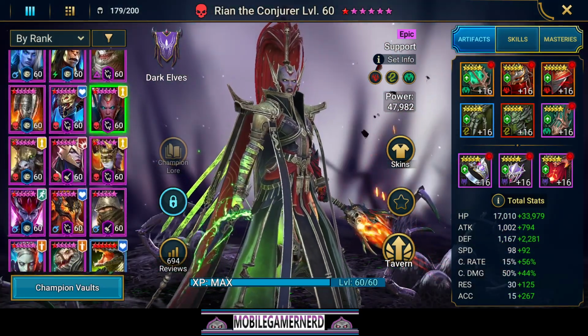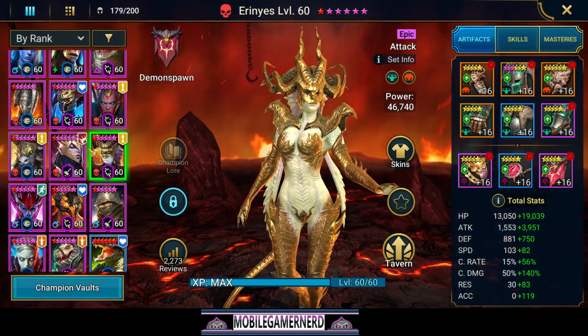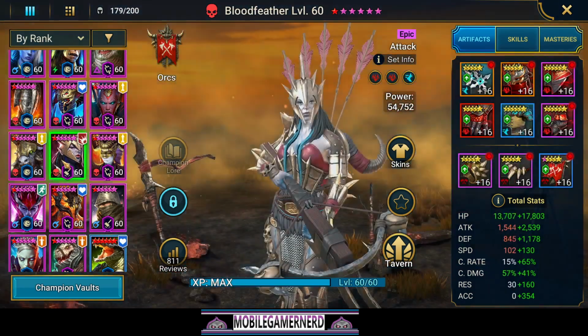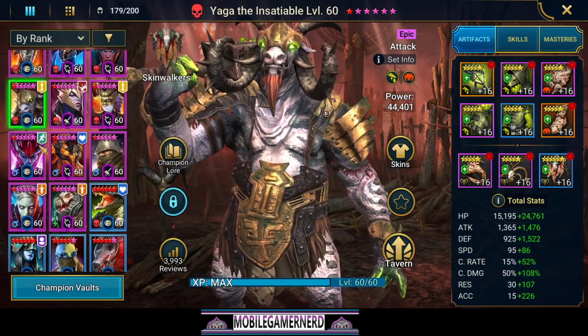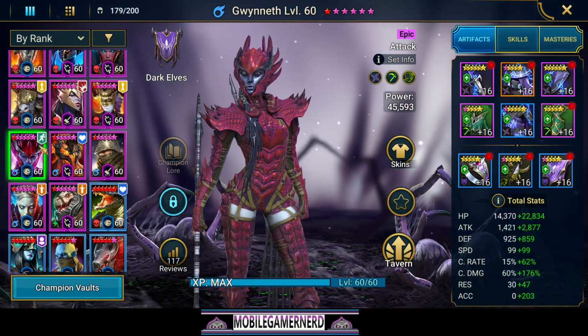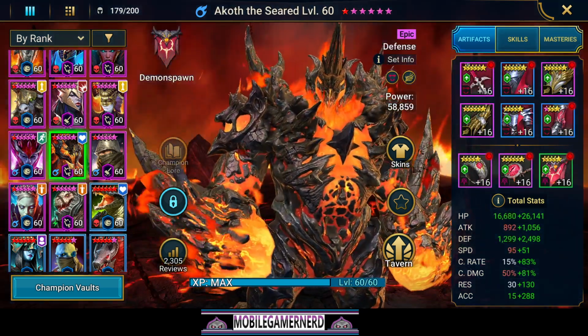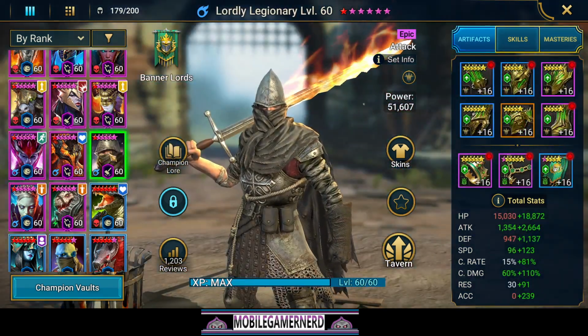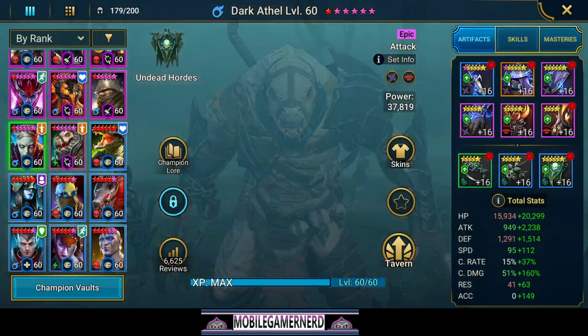Ryan is a Doom Tower hero, really cool hero. Actually, I love him. Arrhenius, yeah, I think she's also a fusion. Bloodfeather is a fusion. We've got Yaga. Everyone hates Yaga, but we love him here on this channel. Doom Tower hero Gwyneth, awesome hero by the way, does insane damage on our single target. Akoth is a Doom Tower. We've got our Lordly Legionary who you log in to get, and obviously everyone gets Jizzo and everyone logs in